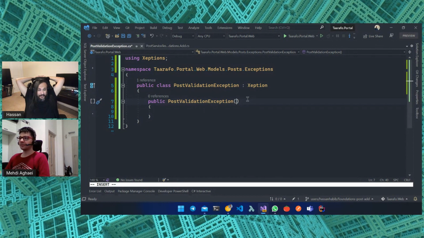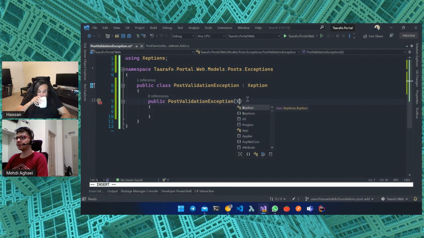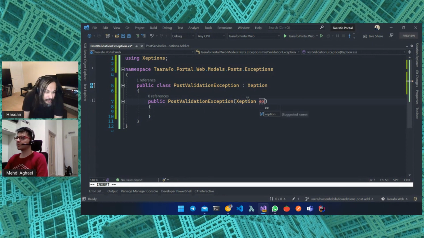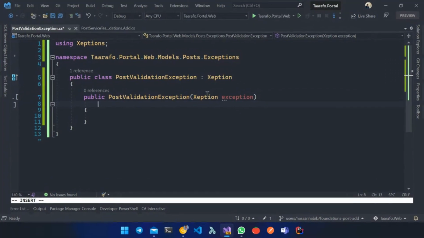So this guy, what's the deal with this guy? This guy definitely takes an inner exception, or so I heard. Word on the street. And it will be a type of the exception, normal exception. No, no, post validation exception. We don't want the normal exception. We don't want non-local exception to enter our realm, right? Okay, and this will get exception. Then we go here, we say